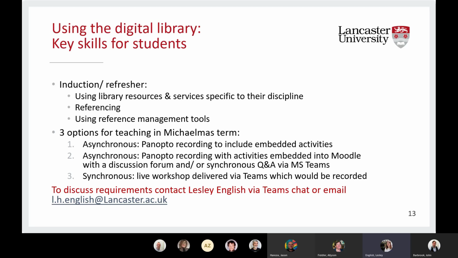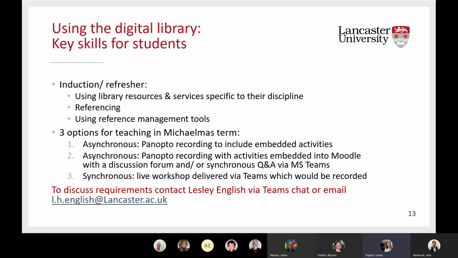So what we're offering, and this may vary slightly across faculties, although for those of you in FAS, Paul Newman is the teaching and learning librarian for FAS, so it's really worth contacting Paul. But I'm at the moment preparing for next term in terms of induction and refresher sessions for students. So those will include, often in the welcome week or those first few weeks of term, I would do a lecture theatre 10 to 20 minute slot with the basics of using the library.